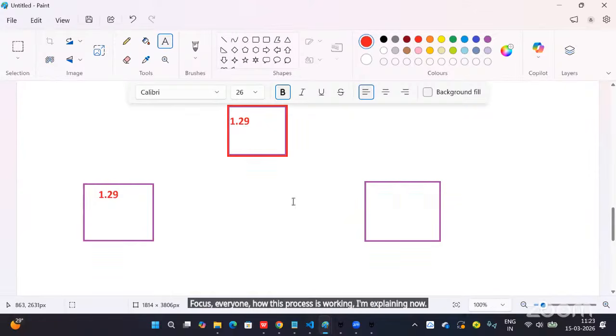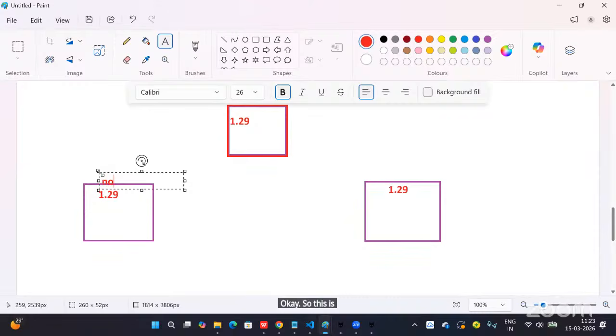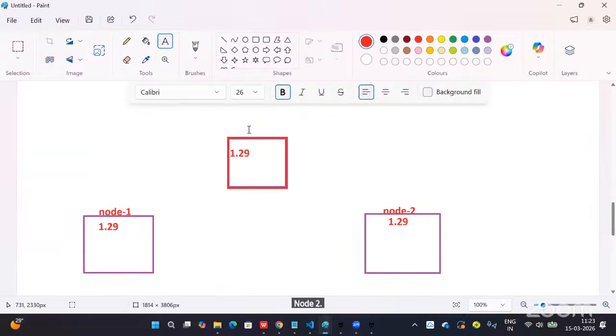Okay. So these are worker nodes, node 1, node 2. And this is the control plane. All instructions will pass from the control plane to the worker nodes only.